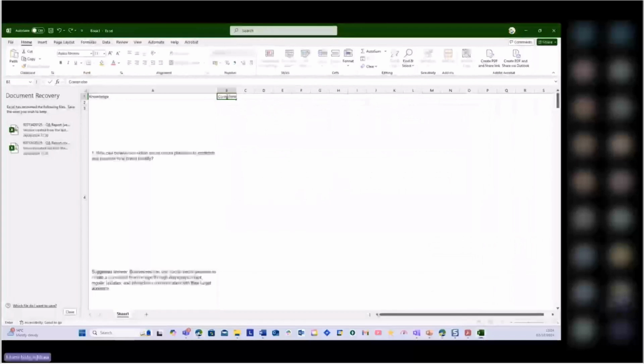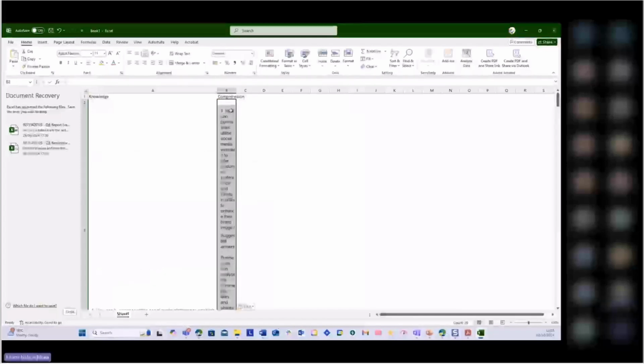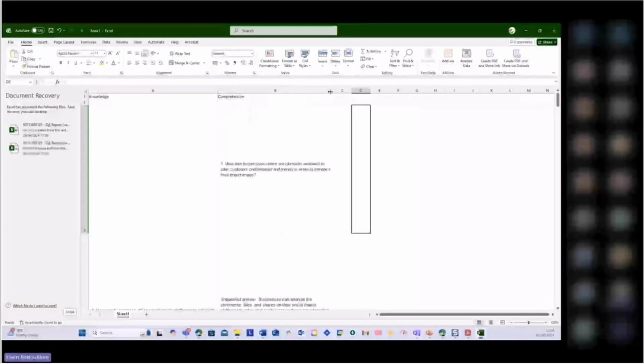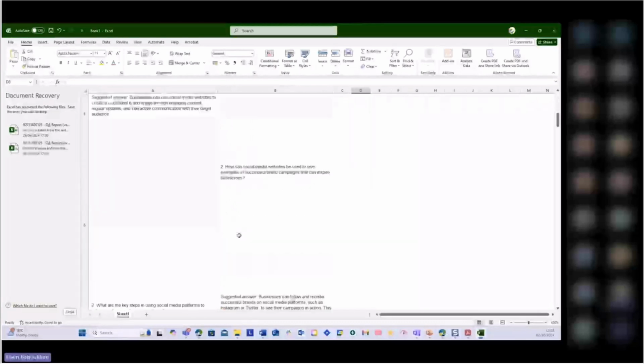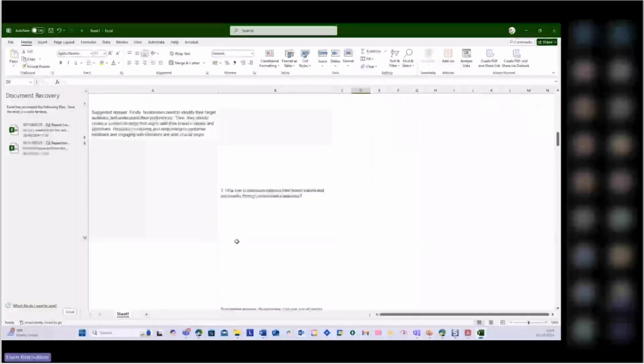And I'm not saying all the questions will be great. What I would do is choose the best ones. Comprehension, paste that there, and now I've got the comprehensions, and then I would just go on with the other cognitive domains and then just filter out the best questions, and it gives you the suggested answers too.